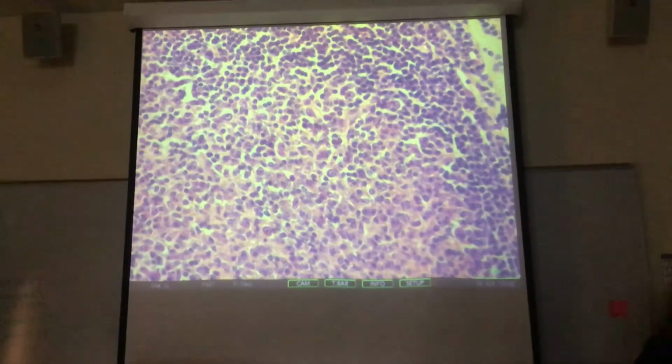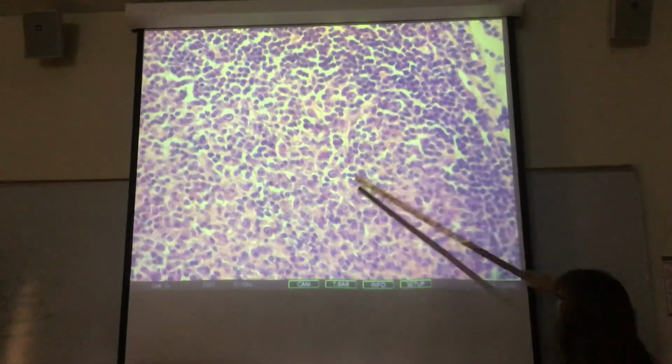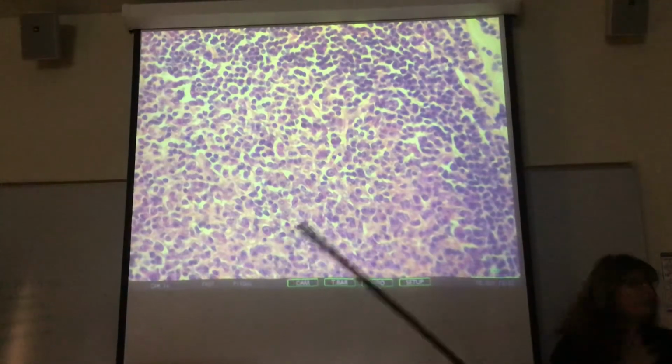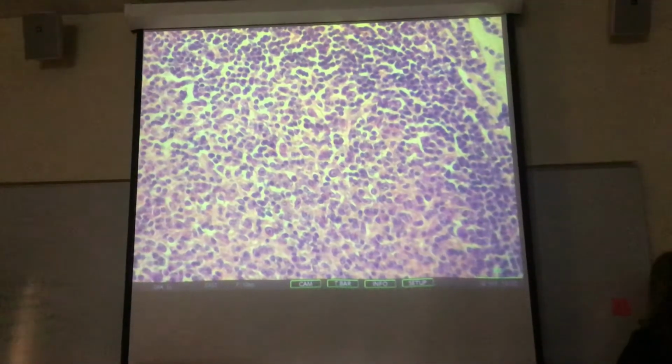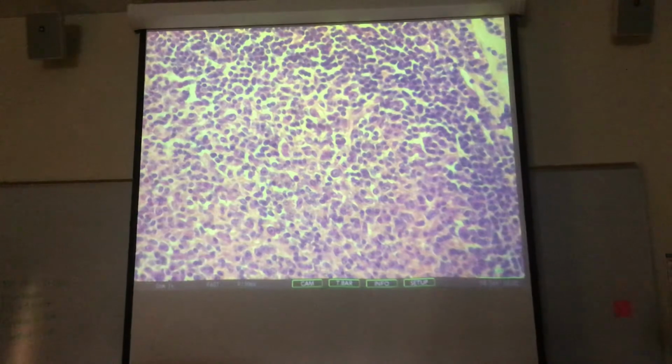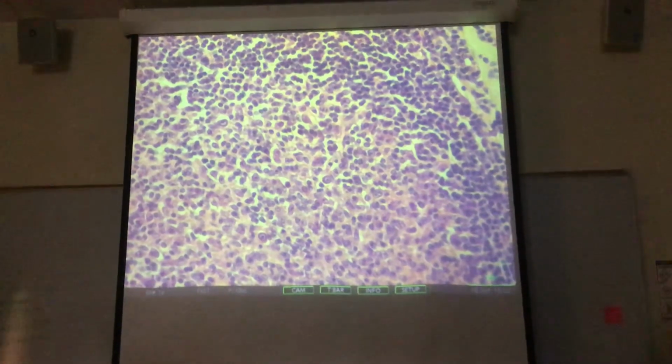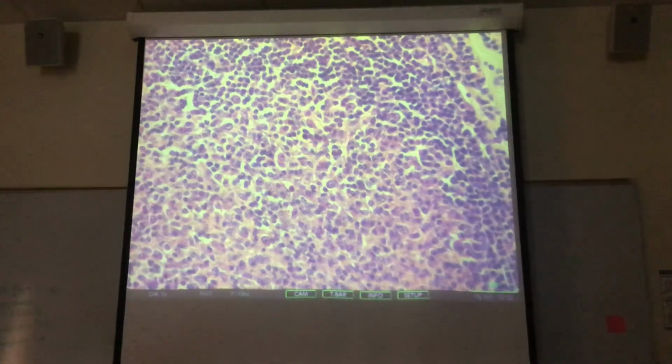Can you point to the macrophage again? You can see they stand out, like there would be one right there, that's probably one right there. They're a tiny bit bigger, and they have a smaller nucleus. Remember the lymphocytes are the ones where you could just see a sliver of the cytoplasm, remember that? Okay, that's it guys. So if everyone can look at that, take a picture if you